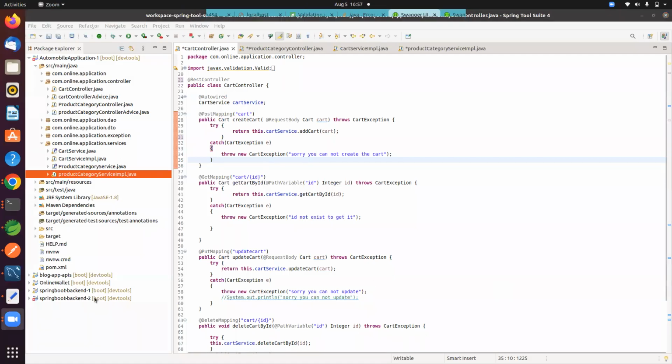Guys, am I audible? Yes, sir. Anyone can start: Nitish, Gopal, Akash, Manish, Aishwarya. The screen is visible?